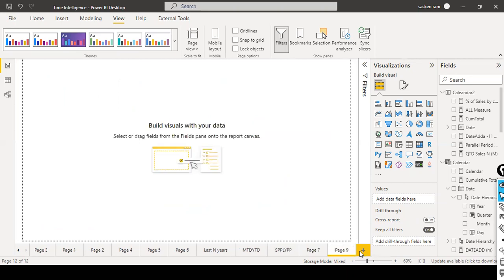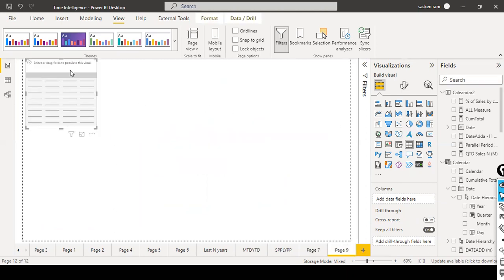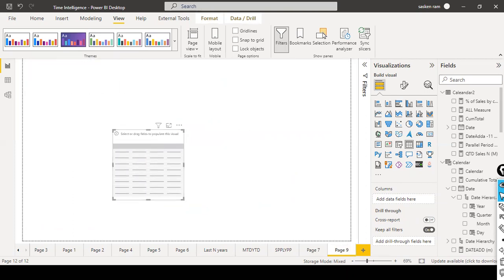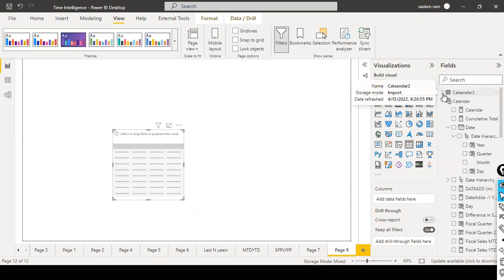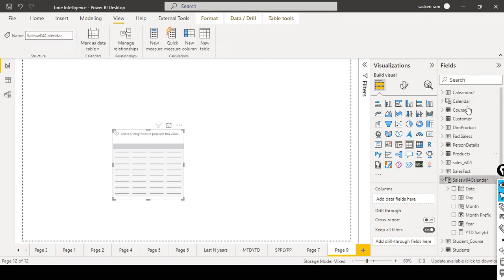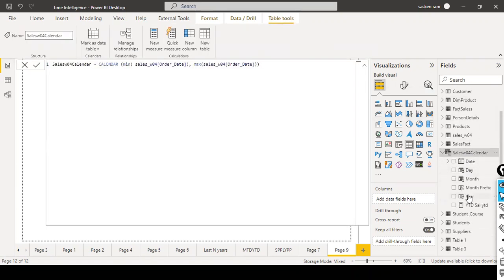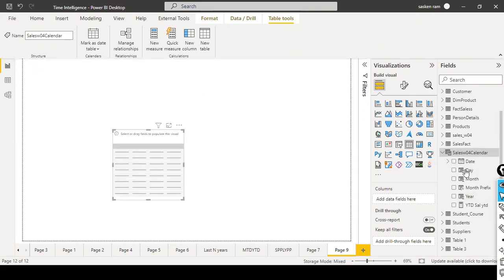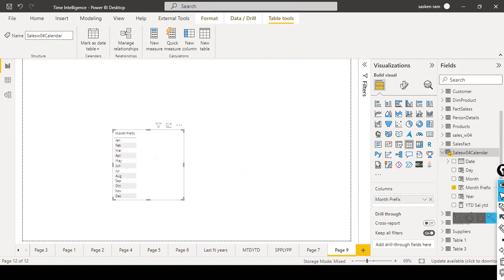So what I will do is go ahead and create a table. I just create a table here. In this case I'm going to use the month prefix. Here I have created a separate table, and this one I used for a different purpose. Look here, in this case I'm going to use the month prefix. I just drop this one here, and then the next one is